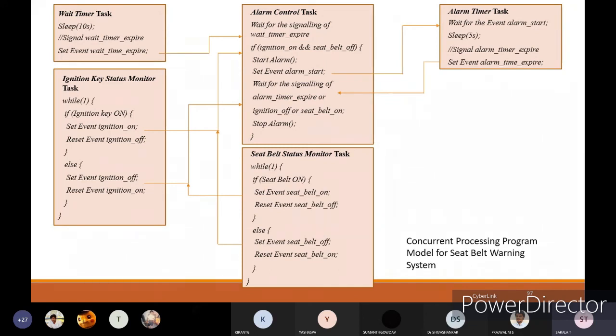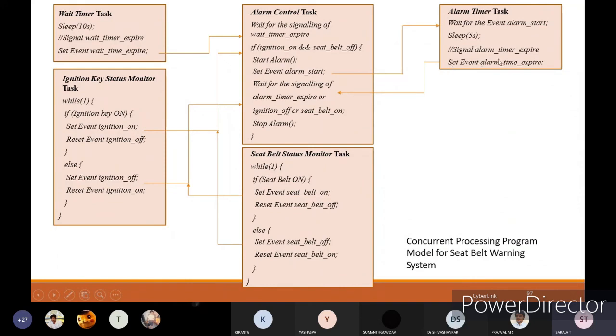With respect to alarm start, you switch on the alarm once again, and then wait for 5 more seconds, then verify all three things: alarm expiry, ignition on, and seat belt. All these things you have to see, and set the event alarm timer expiry or not.